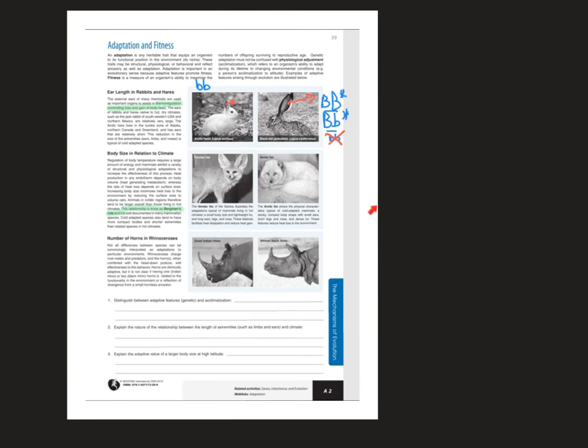So hopefully that helped you understand the difference between adaptation and fitness. What is fitness? What is adaptation? Adaptation is inherited. Fitness is whether the individual's gene combination is better fit to survive in that environment or not. Hopefully you've looked at the extremity length here and you understand how the longer extremities influence your ability to retain heat or lose heat. The body size, how that impacts your ability to retain heat or lose heat,